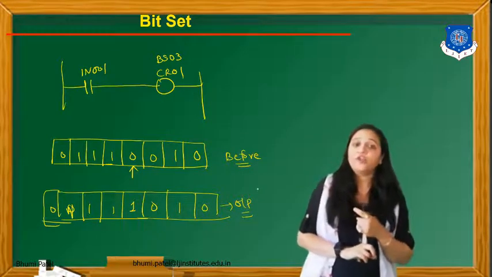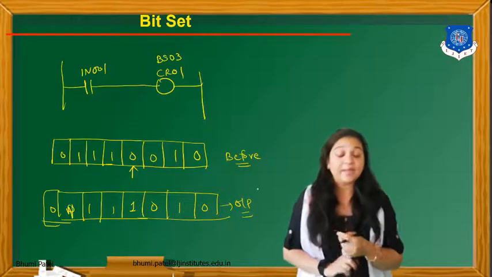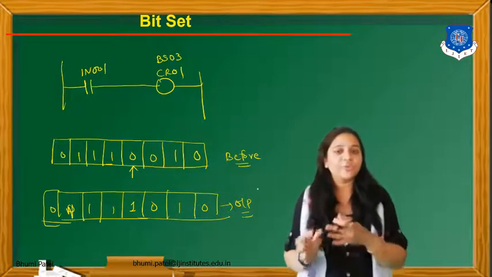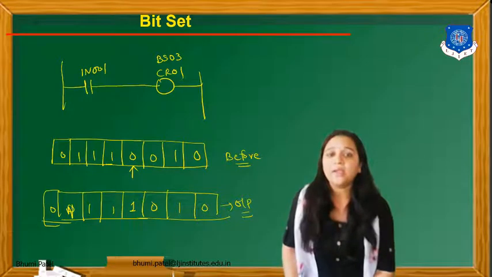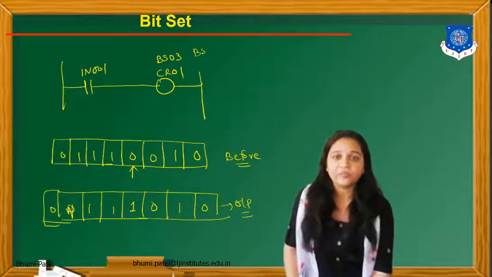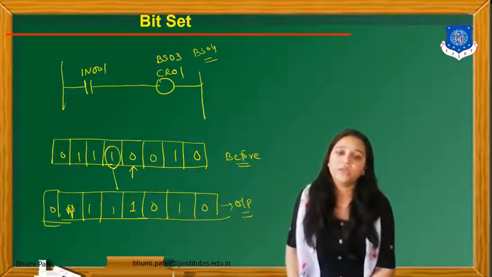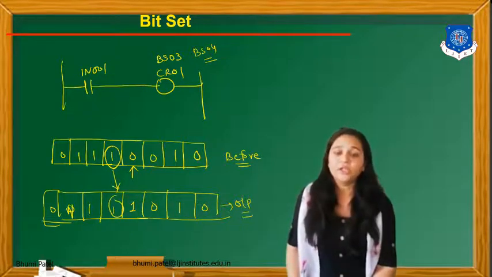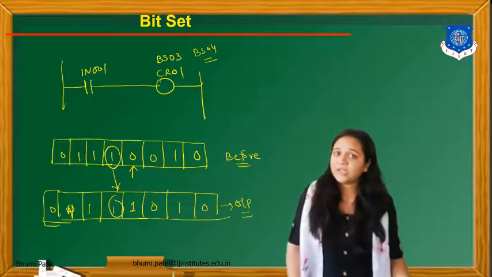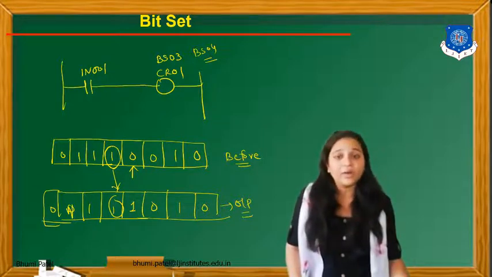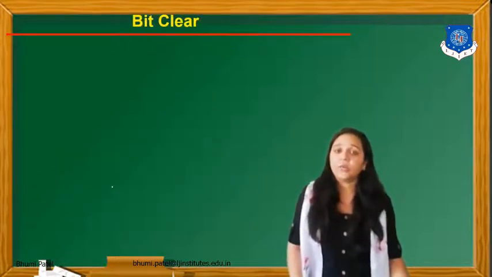So first of all, what is the function of the bit set? It sets the bit from 0 to 1. If we write here bit set 04, and we don't know what the bit number 4 value is, if it is already 1, it puts the same 1 here. So what is the function of the bit set? It sets the 1 for this particular bit number.